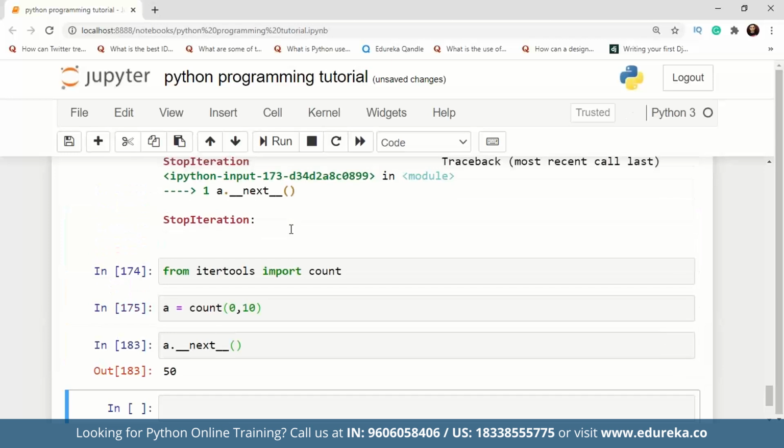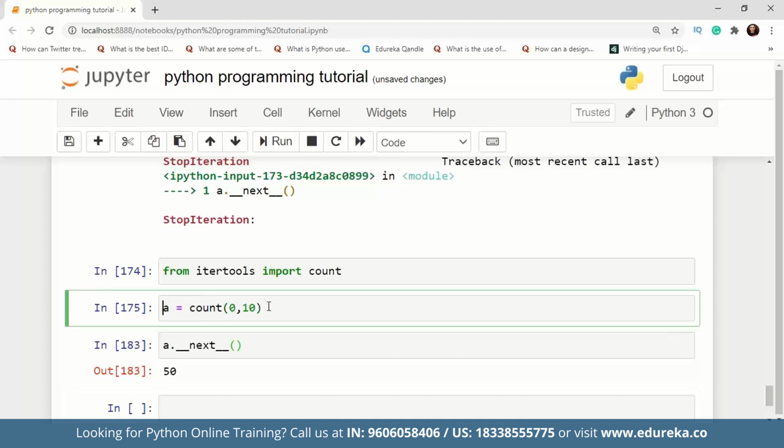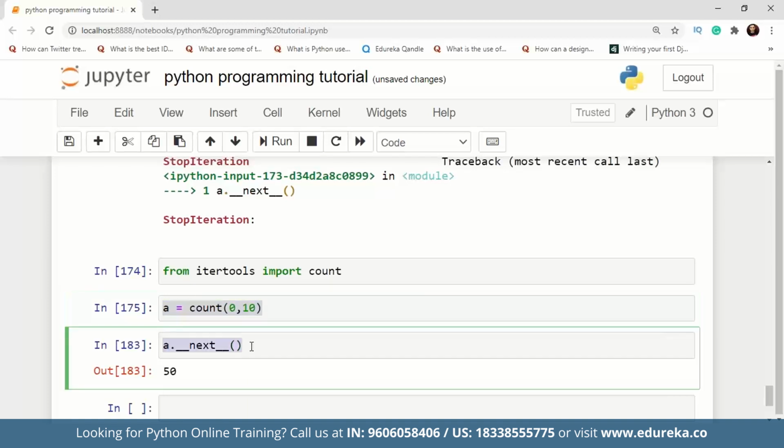Basically, what I'm doing is I am getting iterators from these methods. This is an iterator object which I can iterate over using next, or I can put it inside a for loop. Since it's an infinite iterator, if I do not give it a stop condition, it will just go on forever. And similarly, for infinite iterators, we have count, we have cycle, and we have repeat.